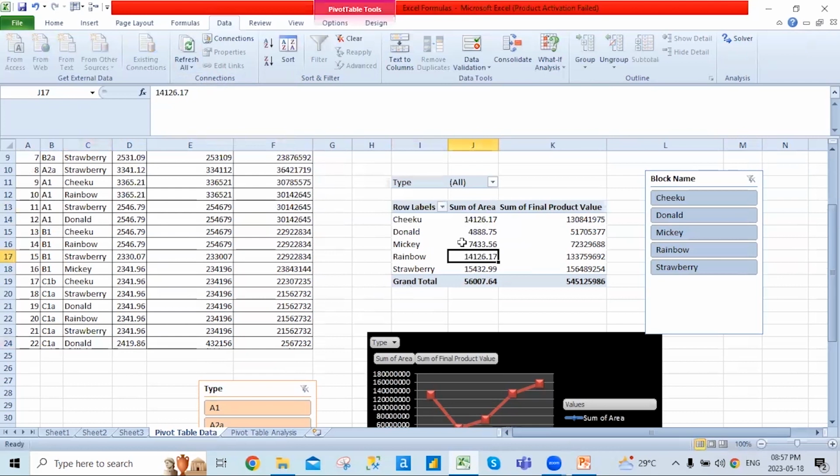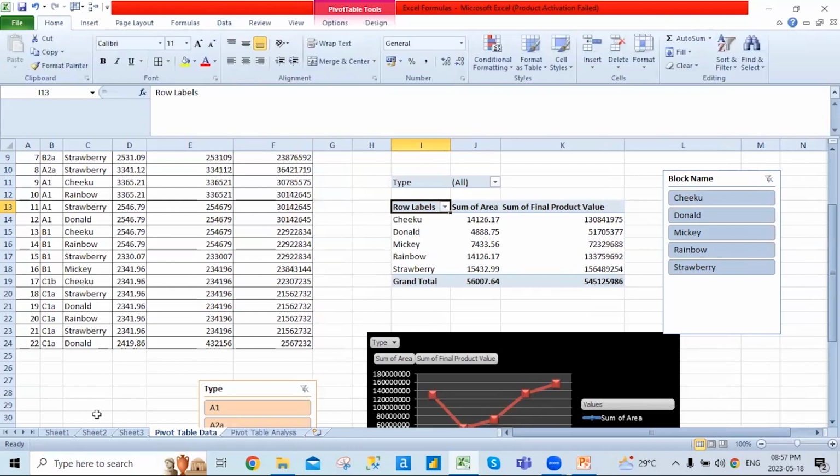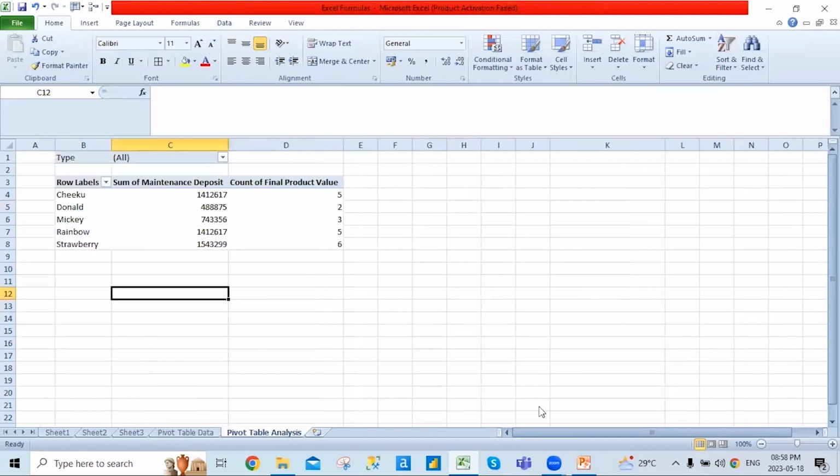And see, the numbers change. So this is a kind of refresh you are doing in your data sets. This is how data changes, and this is how you work with the data set. So these are things which help you with the designing part of it, help you create interactive dashboards in Excel, and help you do some pivot analysis. Like this is a simple